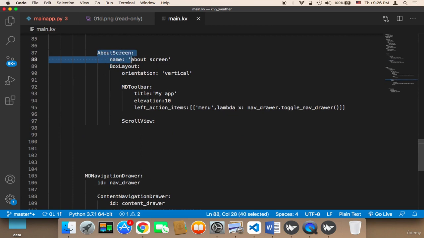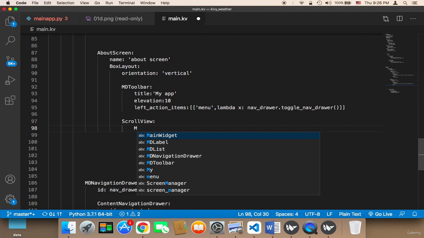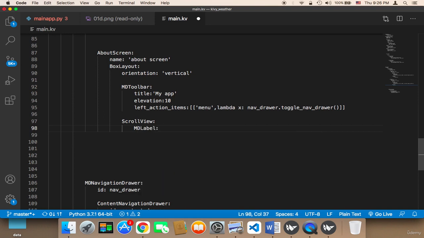So remember, in the About screen, I have created a scroll view which is empty now. Now we need to fill this or add some widgets to this scroll view. And the best widget that we can use is the MD label. So I'm going to say here 1, 2, 3, 4, and then I'm going to say MD label, which is going to allow us to display some text. And then we need to give it an ID. I'm going to say first ID, and then I'm going to say about label,